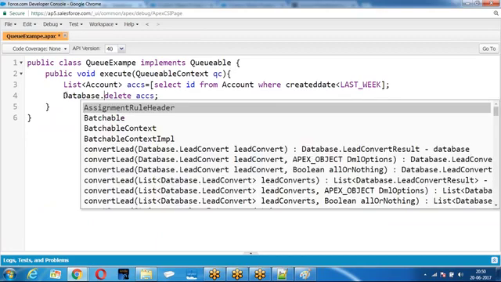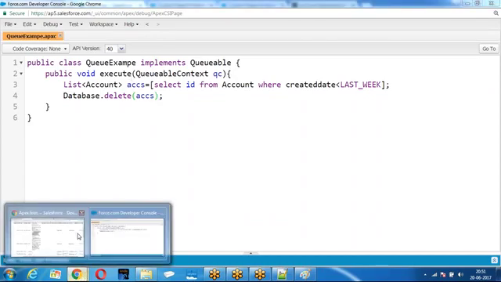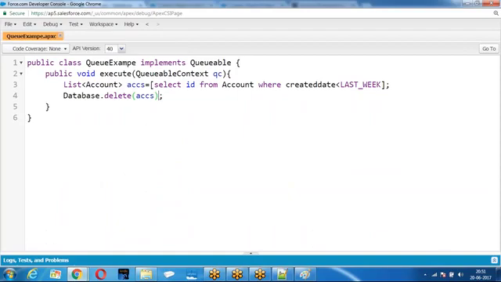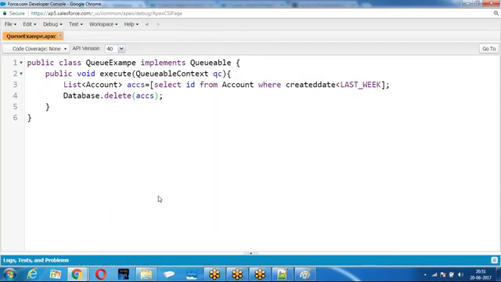Database.delete. When I say Database.delete, if any of the records are deletable, let them delete. If they are not deletable, leave them. Right? So I am going back. Execute.